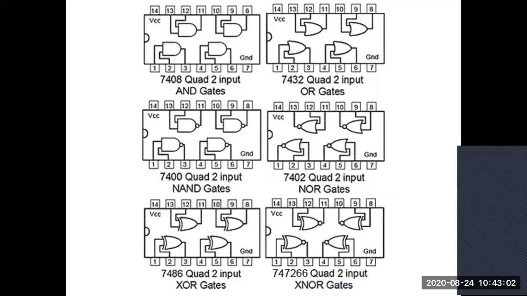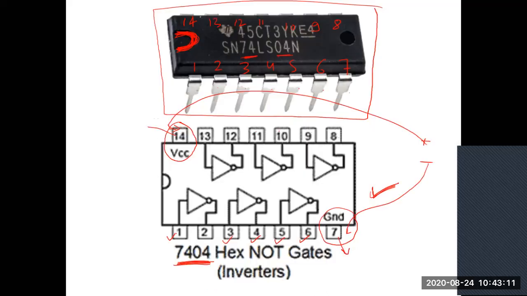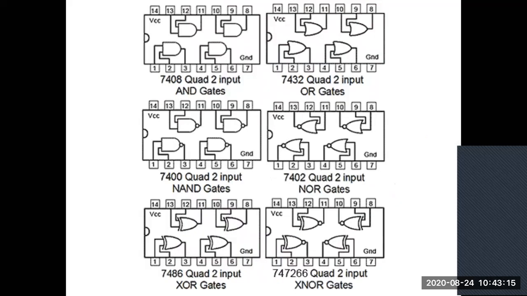Similarly, there are other IC numbers like 7804. From the top, they look exactly the same; only the numbers are different. No other differences are there from the top, and after reading these numbers, you need to interpret whether it is the IC of an AND gate, OR gate, XOR gate, XNOR gate, NAND gate or NOR gate. If you read 7408 on the top, it means it is an AND gate IC, and your internal structure will look like this.